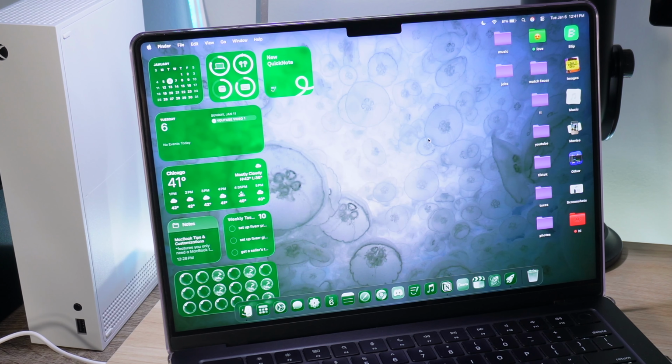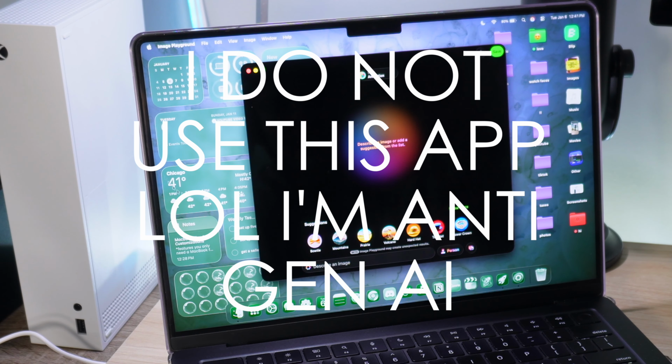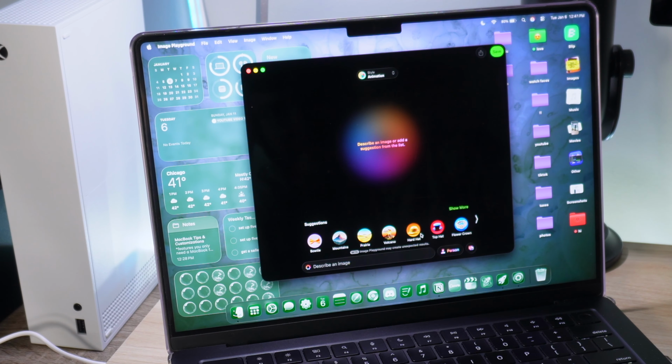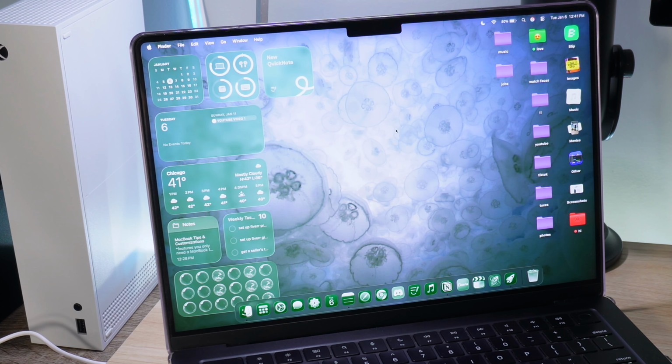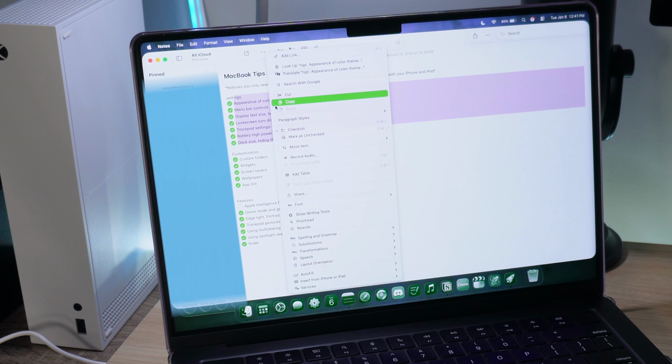If you have a Mac with an M1 chip or later, you have access to Apple Intelligence or Apple AI. You have something called Image Playground. Generate AI generated images and do whatever you want to do. If you want to describe an image, describe a person, you can do that. So let's go into the Notes application. And let's say I need to highlight this, double click it, and I can actually go into Show Writing Tools